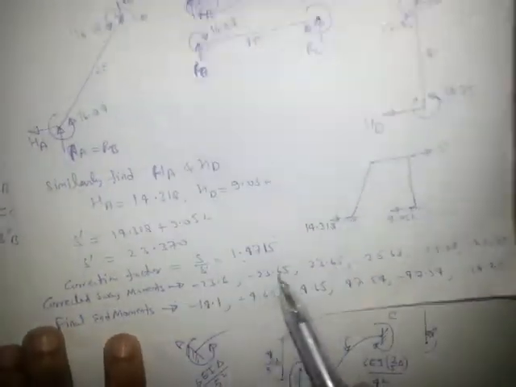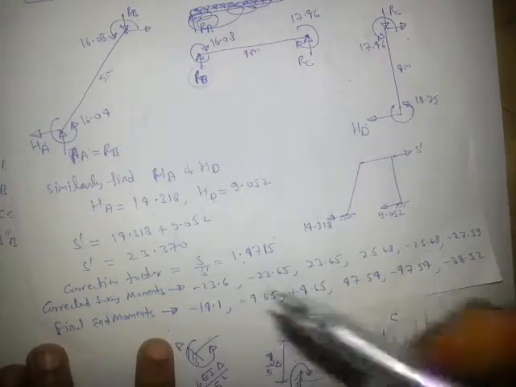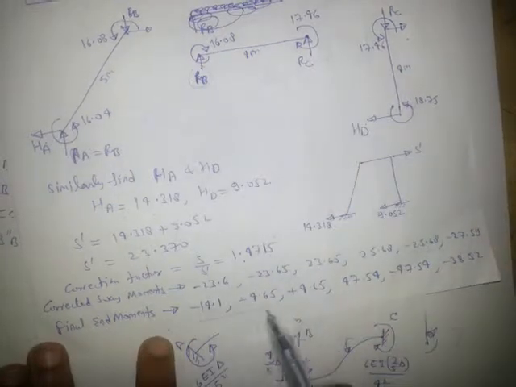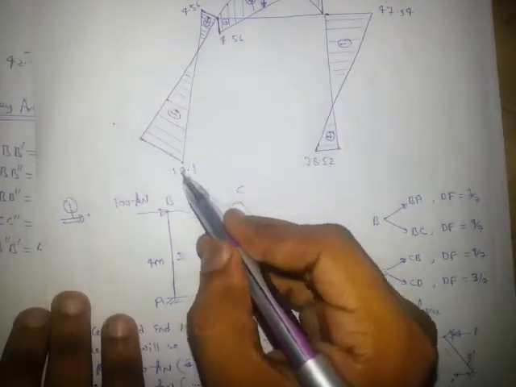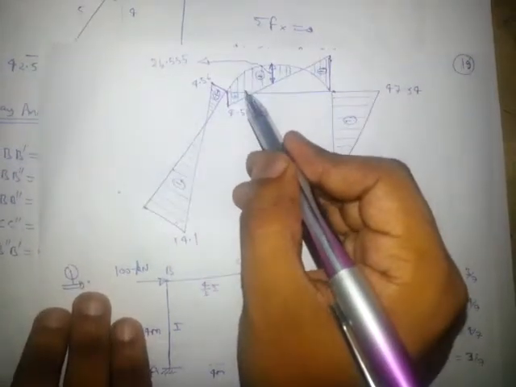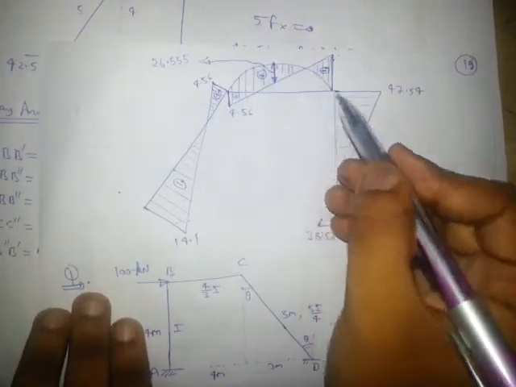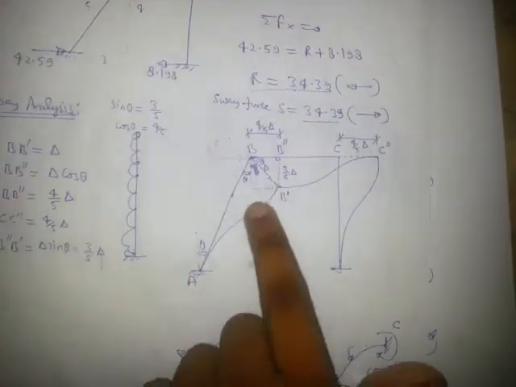So the corrected sway moment will be like this, and the final end moment will be corrected sway moment plus non sway, which we have already calculated. These are the final end moments. And now we can draw BMD. BMD will be like this. This will be anti-clock means minus, this will be clock means plus, this will be clock means plus, anti-clock means minus, and this is minus anti-clock, and this is clock plus, right? We can draw BMD. Okay, and deflected shape will be like this. This the same will be the deflected shape, right?